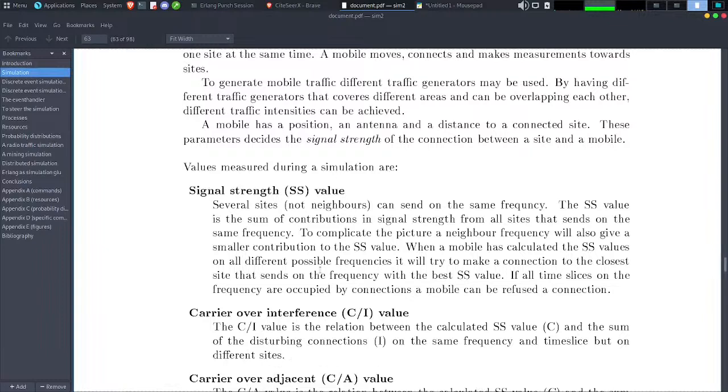To complicate the picture, so this is just the value of a signal. You know, when you have a mobile phone, you need to be connected to an antenna, and because you are closer or maybe you are farther from it, the signal will not be powerful enough to have some communication.